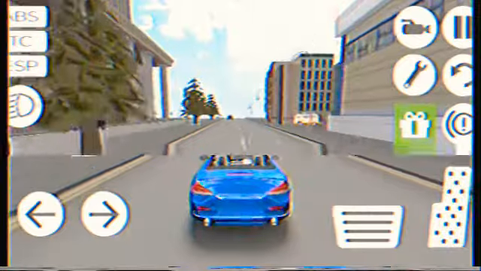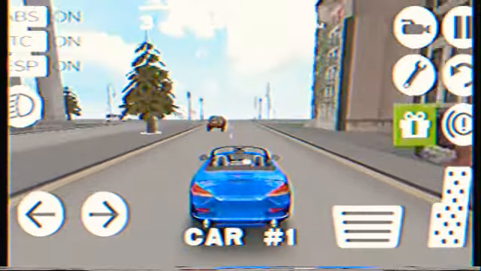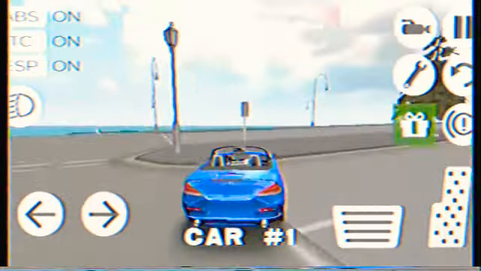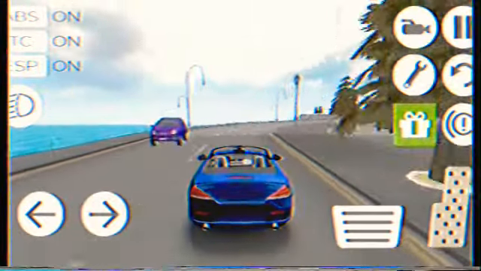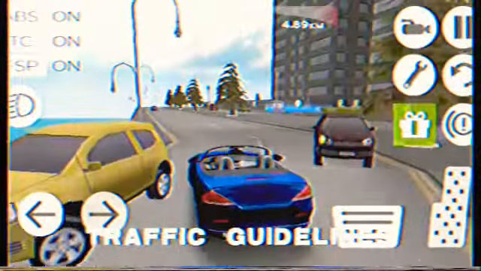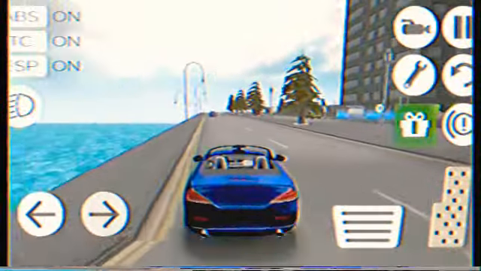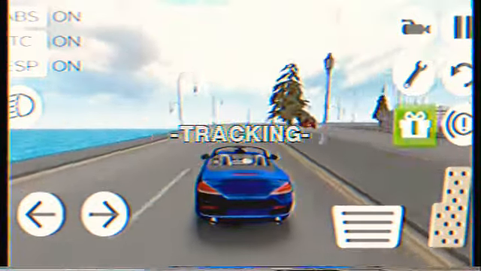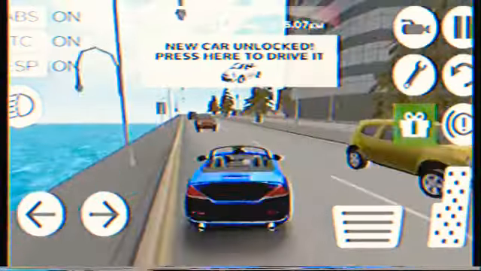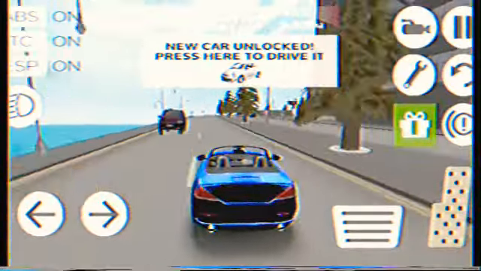Simply, we can call this car car number 1. Car number 1 is traveling at about 129 kilometers per hour, going up to 135. But typically, it's following its traffic guidelines. Occasionally, it might bump into other cars, but it might still follow its traffic guidelines. Following this speed limit, their limits are no limit.